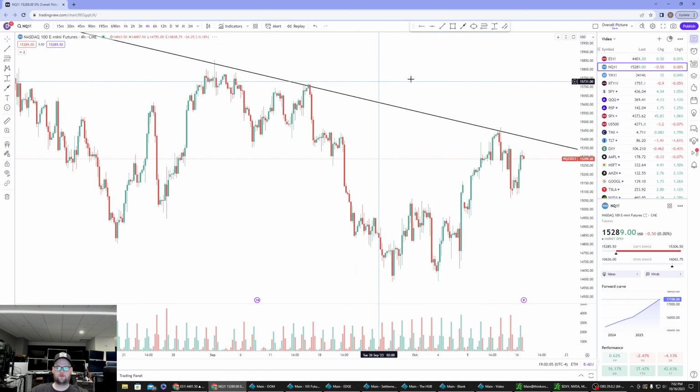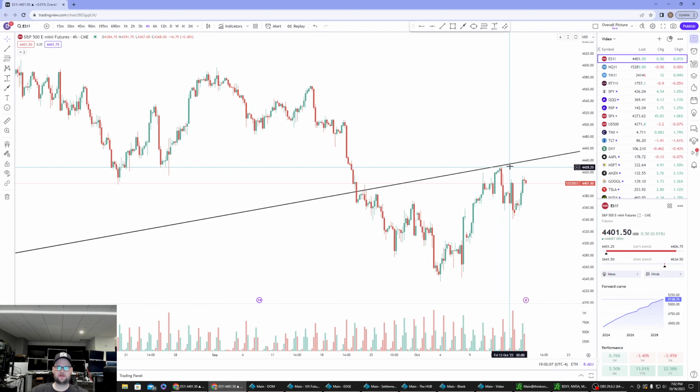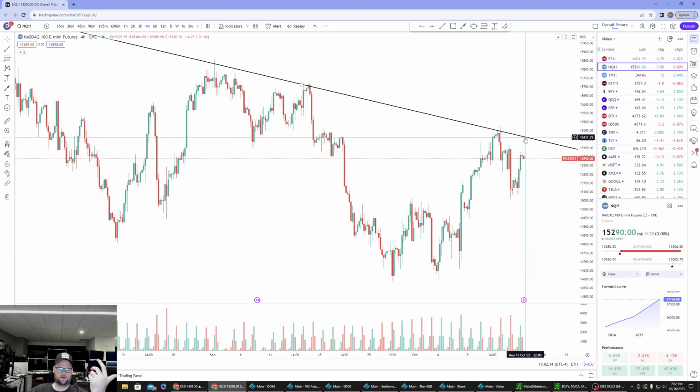Okay, so now we have the S&P trend line as well as the 50-day moving average. We went over that. We went over the Nasdaq trend line as well, and then we went over TNX and TLT. So those four instruments will give you a very good idea of what will likely happen next once price does test those areas.